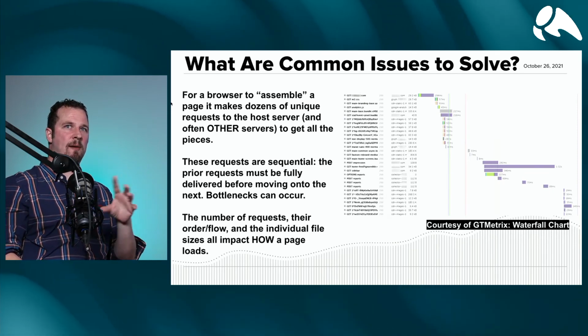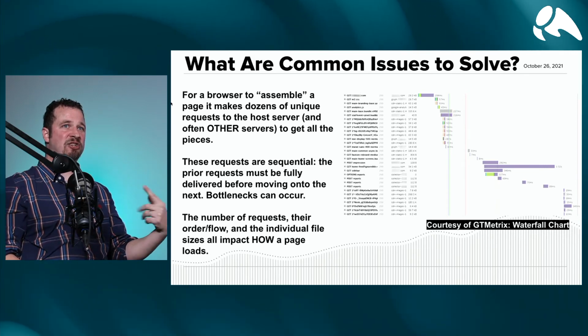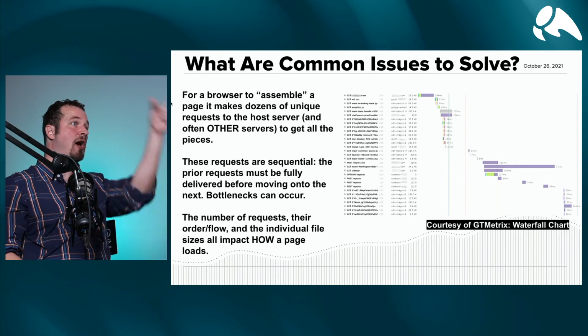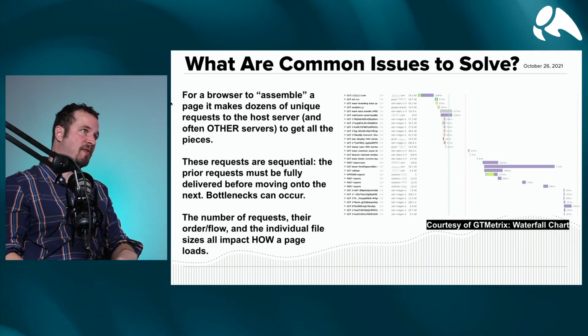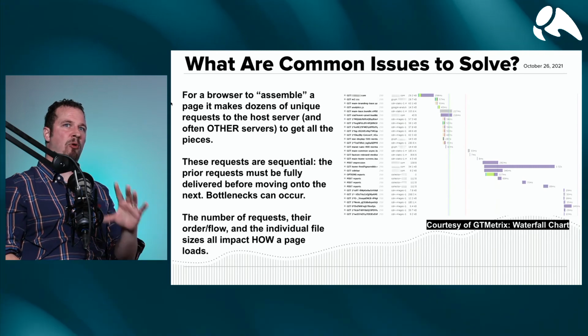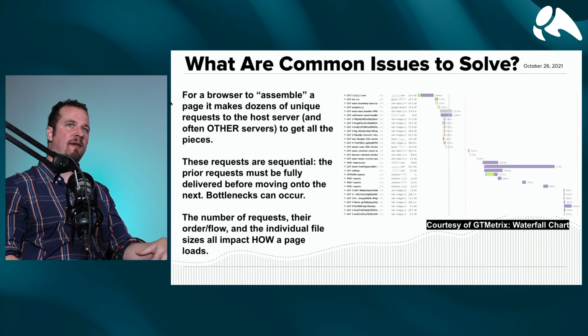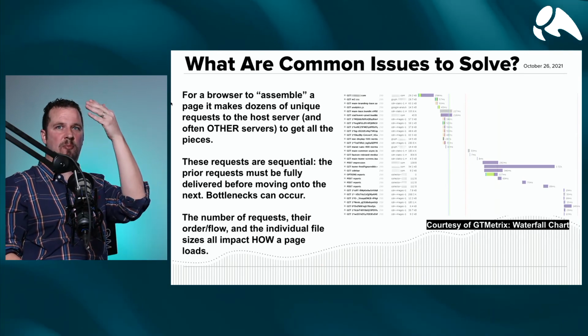For a browser to assemble a page, it makes dozens of those unique requests to the host server, and sometimes the HTML says, actually, this file is located on another server, on a third-party website or domain, right? These requests are sequential typically, meaning the prior requests have to be completed before you can move on to the next request. So in this example, you can see there's a whole bunch of, on the left, it's just